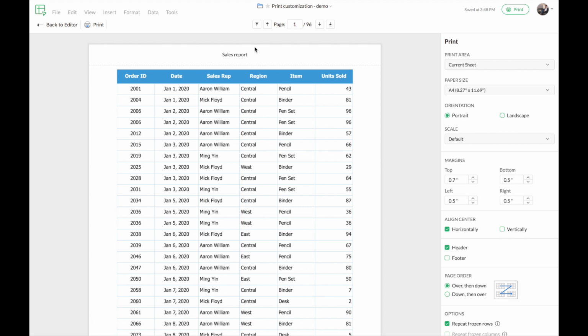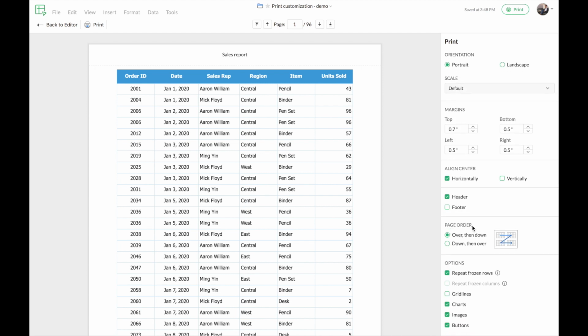So here, now that we have customized the header for this particular data, we move on to the next option, that is page order. So as I mentioned previously, this particular option, that is page order, can be used when you have several rows and columns of data in your worksheet. So in this particular example, we have columns and rows of data spilling to the next pages in this particular print preview. So there are two options that are given based on which you can choose the page order. So the first option that is chosen by default is over and then down. That is, the columns on the right will be printed first, followed by the rows that fall to the bottom.